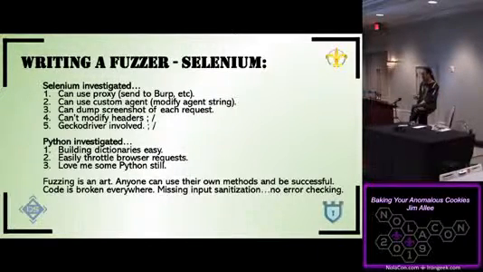Python, again, it's easy to build dictionaries for the cookie name-value pairs. You can easily throttle your browser requests. I just love Python. Everybody's moving to Go, but I'm still stuck in Python. So we're going to write in Python.